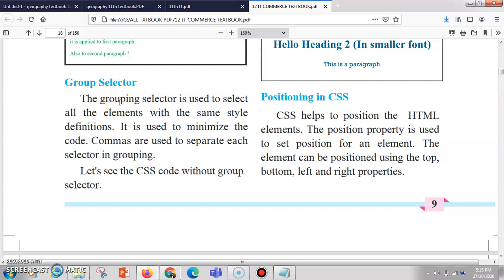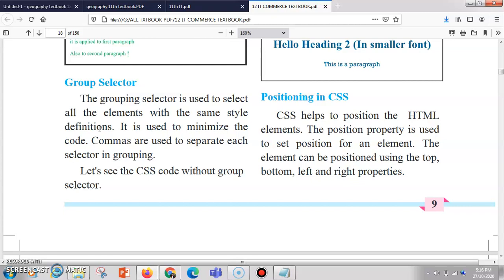We have already studied how we apply CSS. Basically we use CSS in a style tag. We require a style tag, which we write in the head tag. We don't write a style tag in the body, but basically we write the style tag in the head. Now CSS gives the styling properties for your web page. So how your web page is going to be displayed will be designed with the help of your CSS styling properties. Now let us see the group selector.